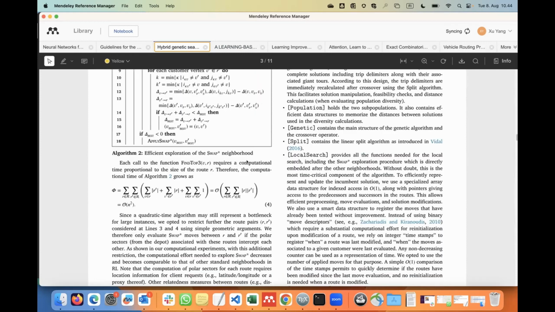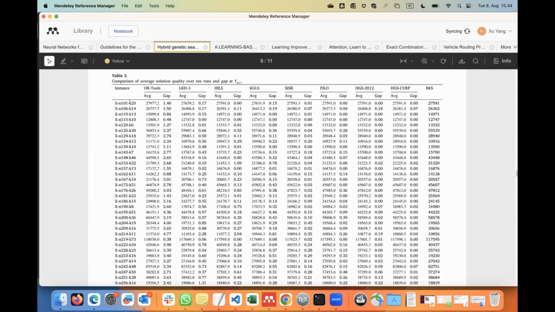And it used the very famous benchmark, the X instances, and compared several algorithms, including HGS models and OR-Tools.